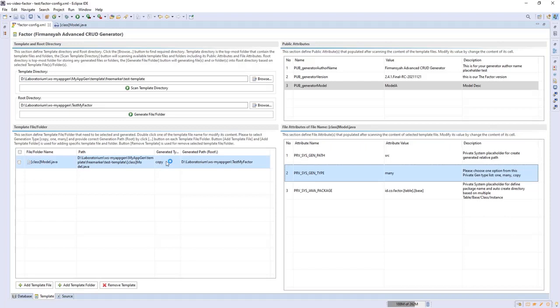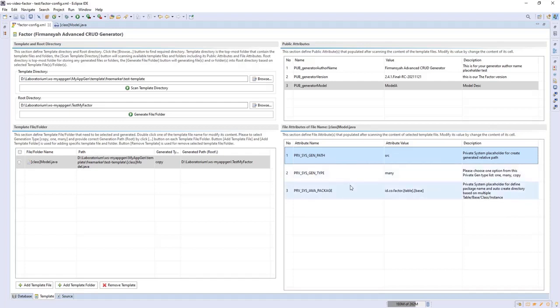For example, this one is class model.java. We make it a copy, and we can override it with another value, but it must still follow one, many, or copy. If you put any other value, it may produce an error. Similarly, this one is also a private system attribute, specific for the generator to understand.